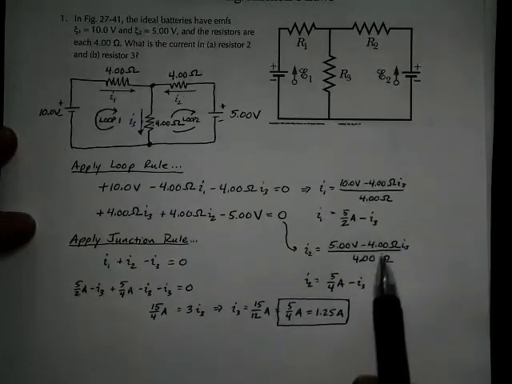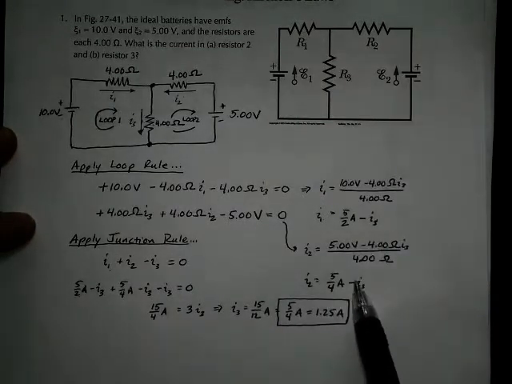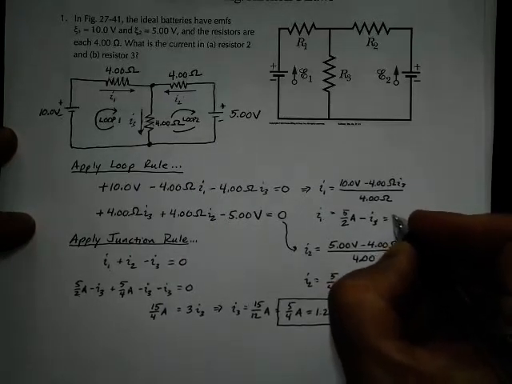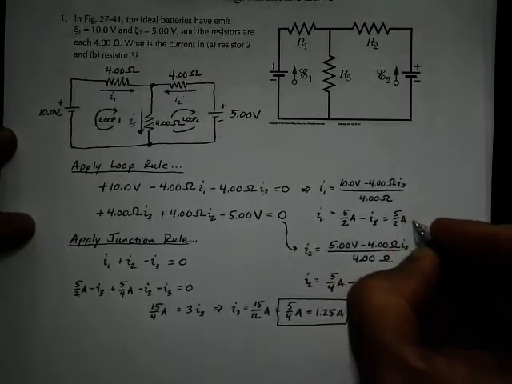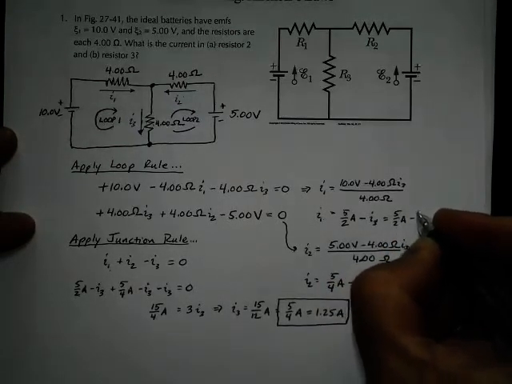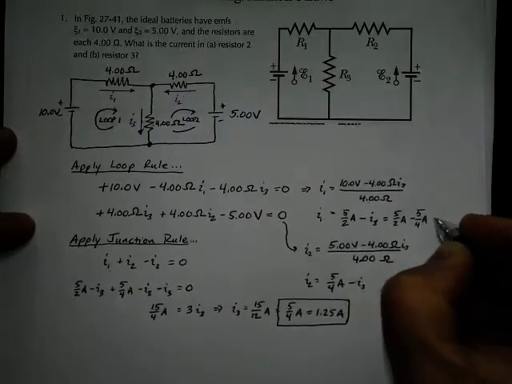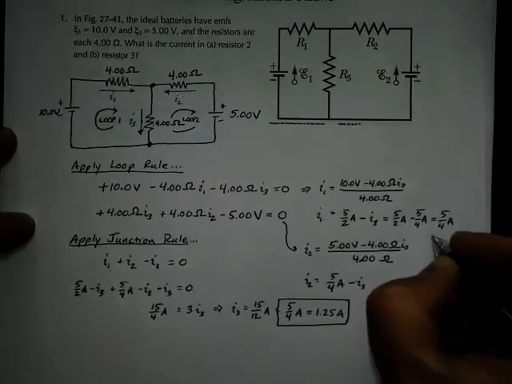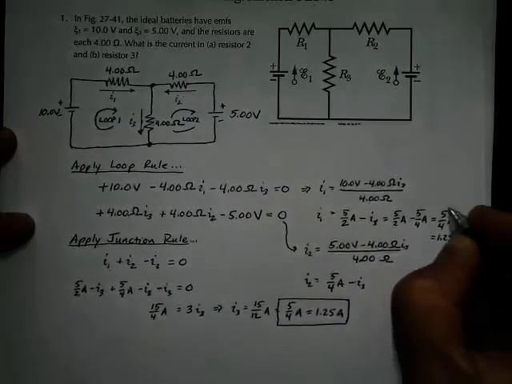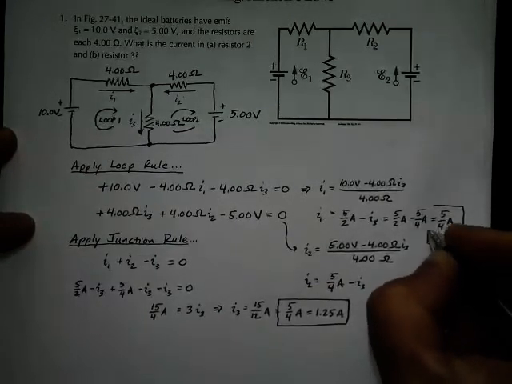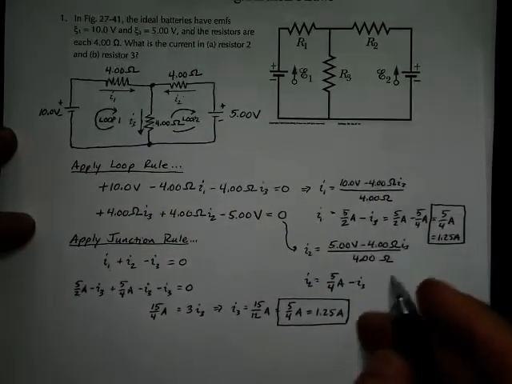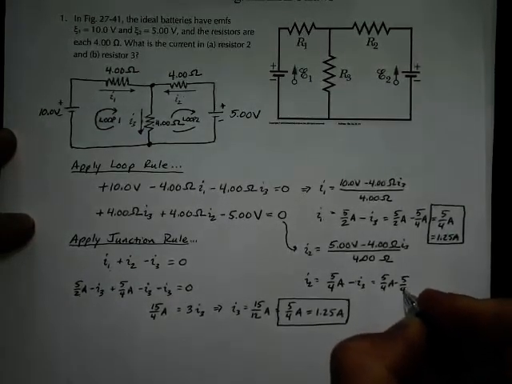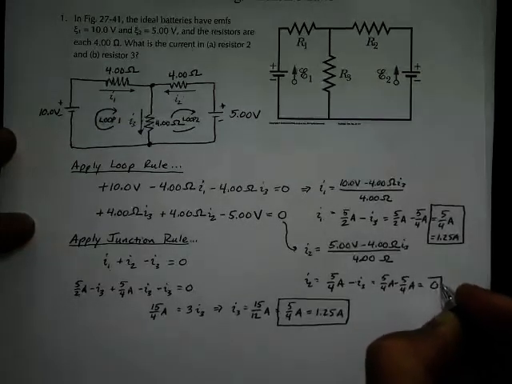But now I have enough information to also figure out what I1 is and I2. And so if I plug that in for I1, I get 5/2 of an amp minus 5/4 of an amp. And that ends up being 5/4 of an amp, or 1.25 amps. Plug I3 in here, I get 5/4 of an amp minus 5/4 of an amp, and I find that I2